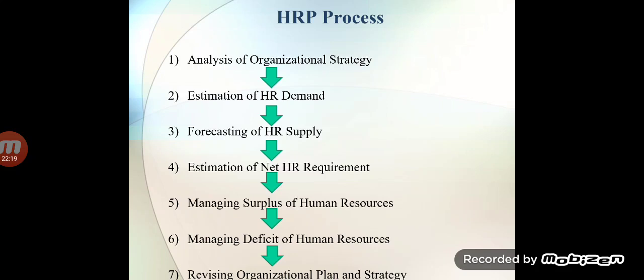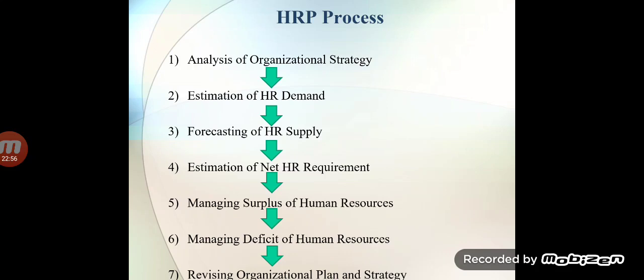When the number of employees in our organization increases because of the recruitment process, we are not able to manage the exact number of employees in the organization. It happens that we recruit more employees, like we require 10 employees and we recruited 12 employees. And many times we are trying to recruit 10 employees, but we are able to recruit only 8 employees. So it's called deficit. So in this situation, what to do? Managing surplus of human resources and managing deficit of human resources.